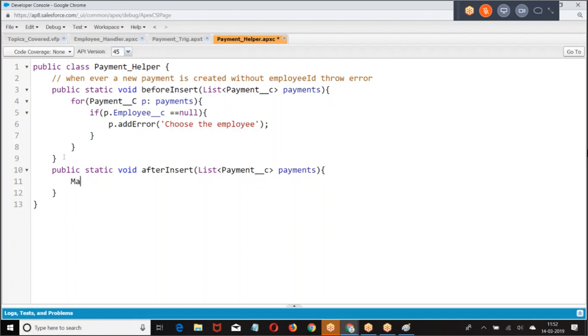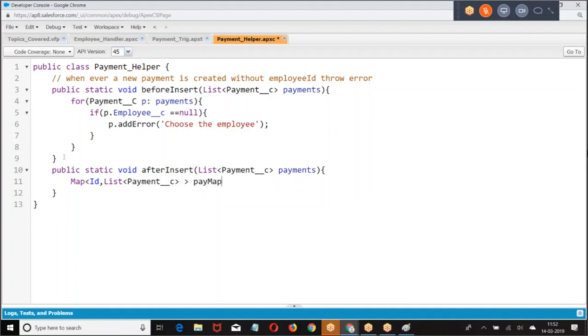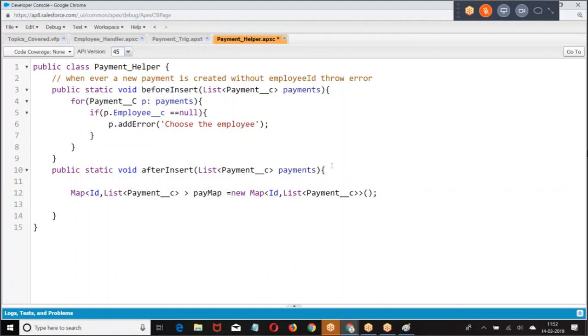Now, what is the logic I have discussed? Map of ID, comma, list of payments. This is what I get. Then group all the payments based on keys, employee ID, and the value is the associated payments.